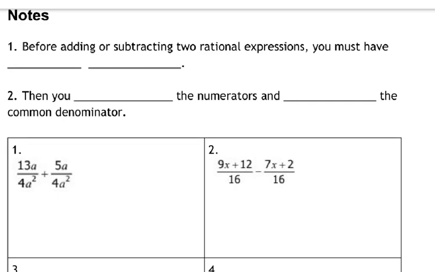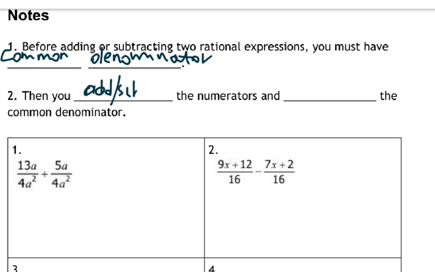In today's lessons, we're going to learn how to add and subtract rational expressions. Before adding or subtracting two rational expressions, you must have a common denominator. After you establish the common denominator, then you add or subtract the numerators and keep the common denominator. So if you look at example number 1, we're adding two fractions, 13a over 4a squared plus